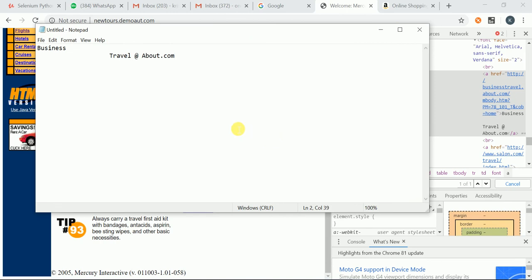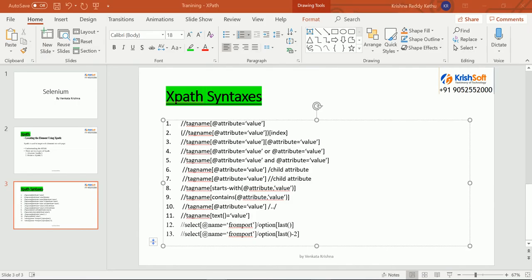Is it possible? Yes, it is possible. For that we need to use another syntax, starts with, or ends with, which we don't have here, but we can use starts with or contains. I'm going to use the contains syntax now.